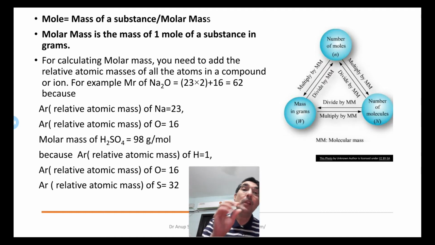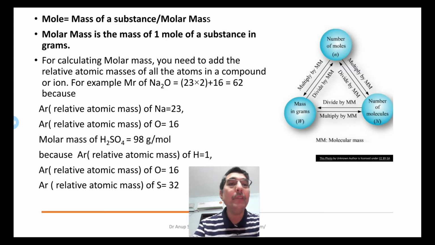Now if we want to take it into molar mass, we need to put gram into this. That's the only difference between relative and molar mass. So the relative atomic mass of sodium is 23, the relative atomic mass of oxygen is 16, and similarly for the molar mass of H2SO4